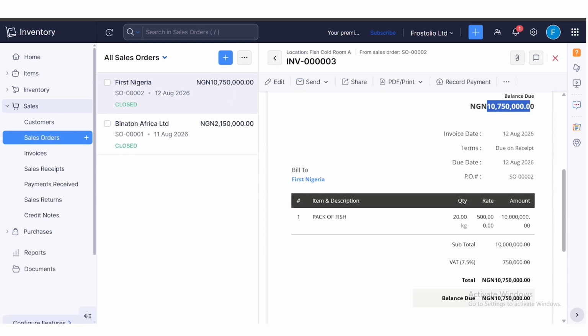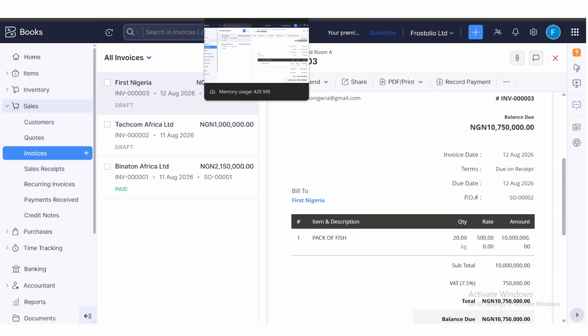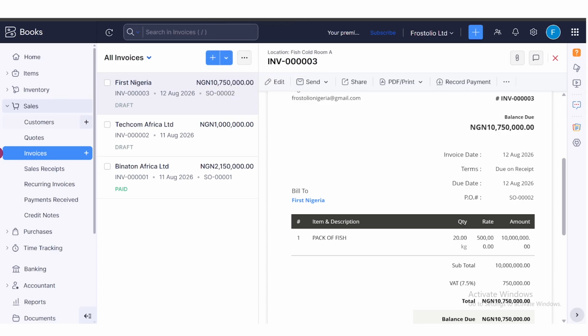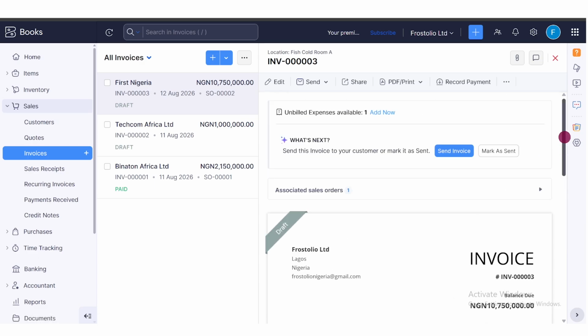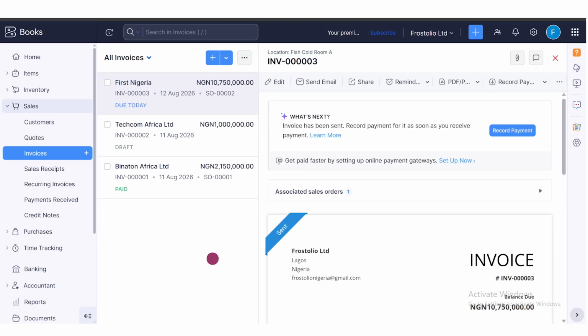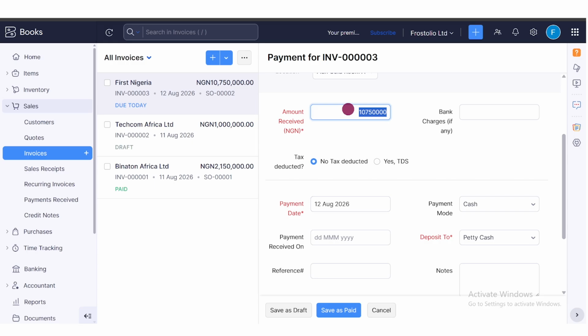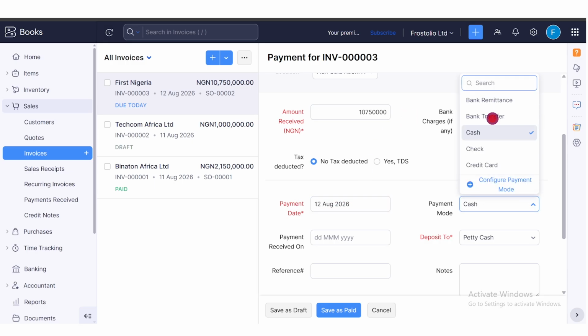Everything is here. So now, after this has been created, your account team member, your account manager, can see this invoice, and because they are the ones that confirm payments, the next thing they can do is to look at this payment and just finalize it. Now, the customer has paid this amount, so they can go back to record payments, right? When they go to record payments, you see the amount is already listed here. So this is the amount received, the payment date is this, the payment mode is bank transfer,